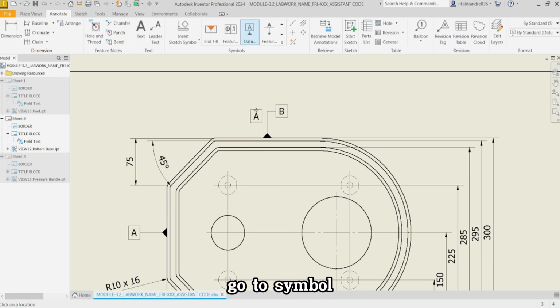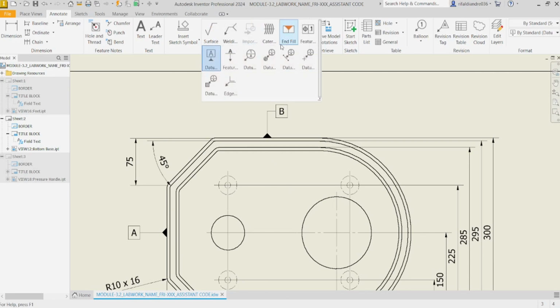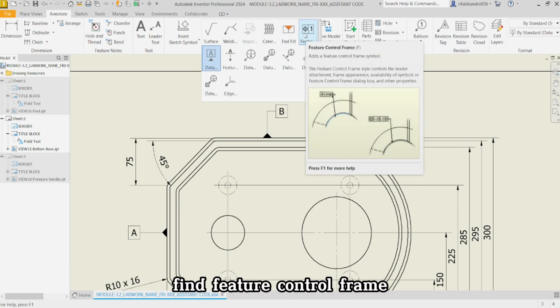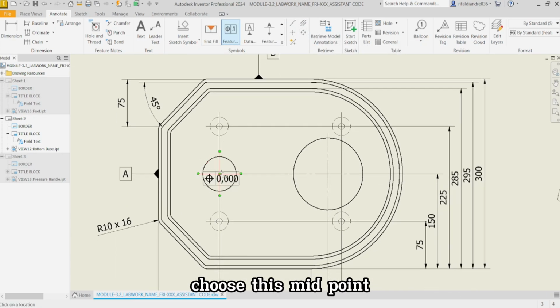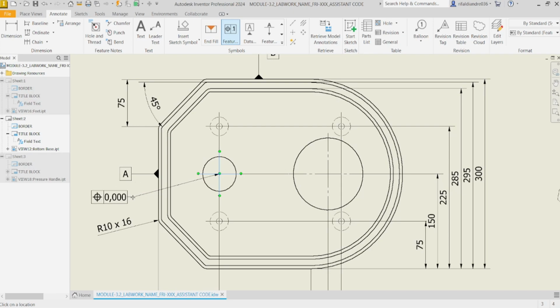Next, go to symbol and expand, find a feature control frame and click, choose this midpoint, left click and drag to left side and outer of the part, left click and click continue.